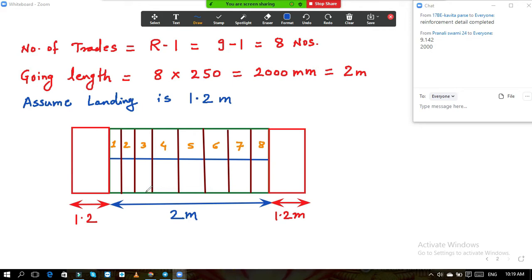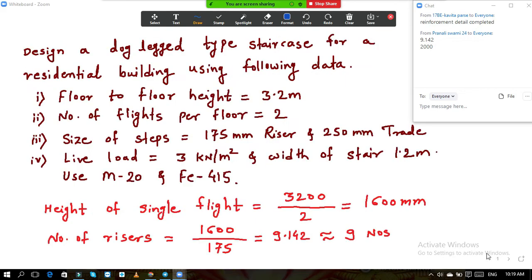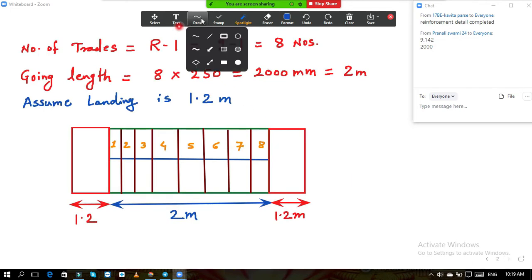Now we can't create the staircase in air. So there should be some support somewhere. Now if we go to the numerical problem, if you read this problem once again, they have not specified anything about the support. There is not a single statement which clarifies the support. So it is not given in the numerical, so it is very simple. We will assume that.